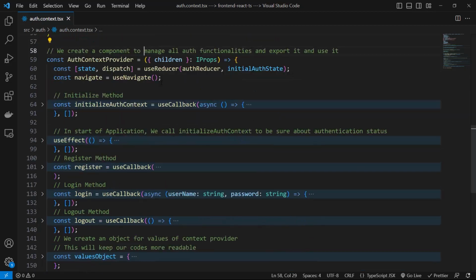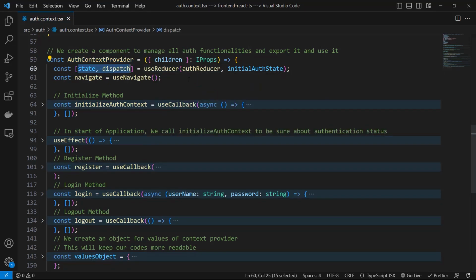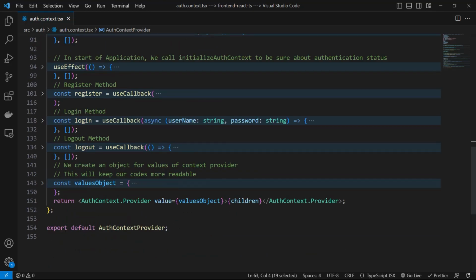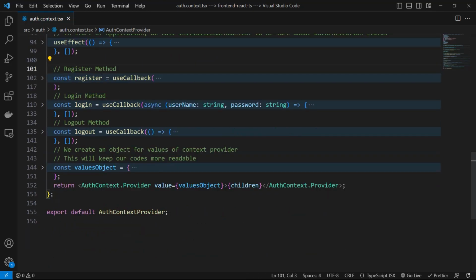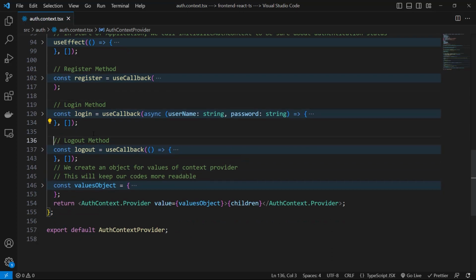So this is it, and we will receive these children, and inside this auth context provider we created a useReducer, and it returns the state and dispatch, and it will receive the authReducer and initial auth state. And then we created this navigate. Then we have this initialize method, and we call this method in a useEffect at the start of our application. Then we have this register method, and after this we have this login method, and after it we have this logout method,